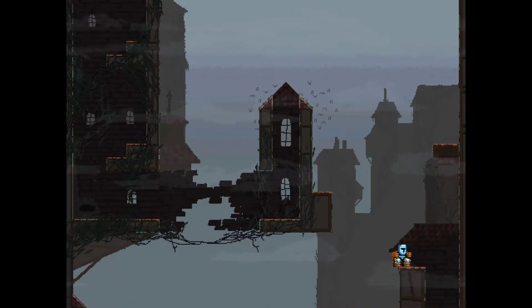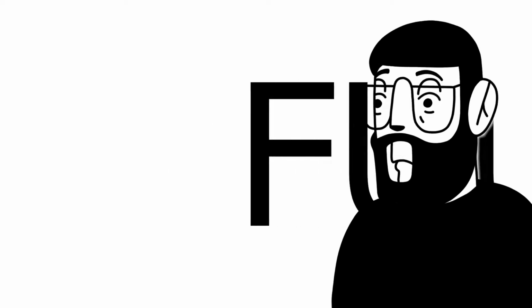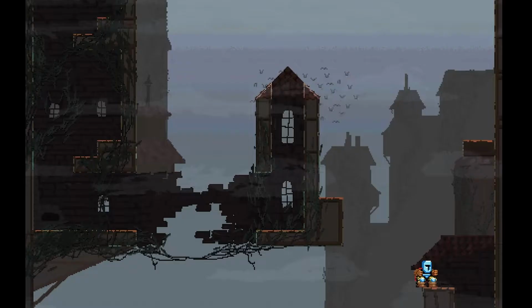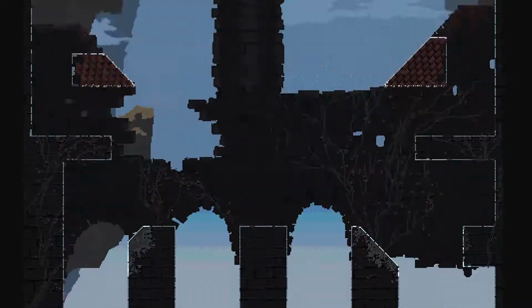All right. 18 screens in out of... Wait, how many screens are in this game? 44? This is taking way too long. I've been at this for 16 hours and I've only gotten 18 screens in, and I haven't even really gotten